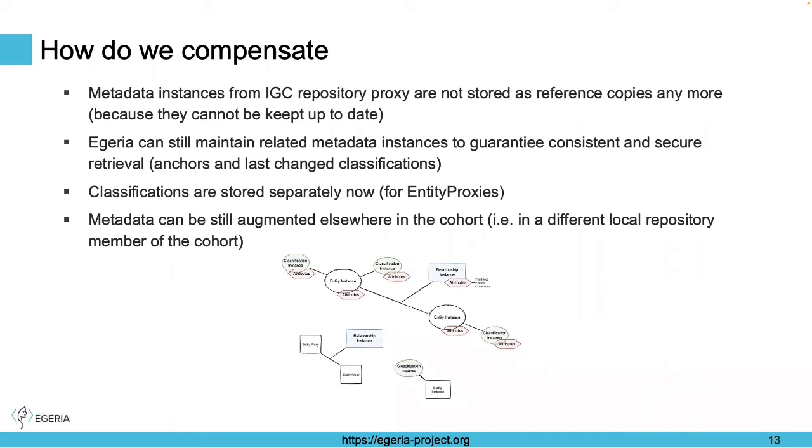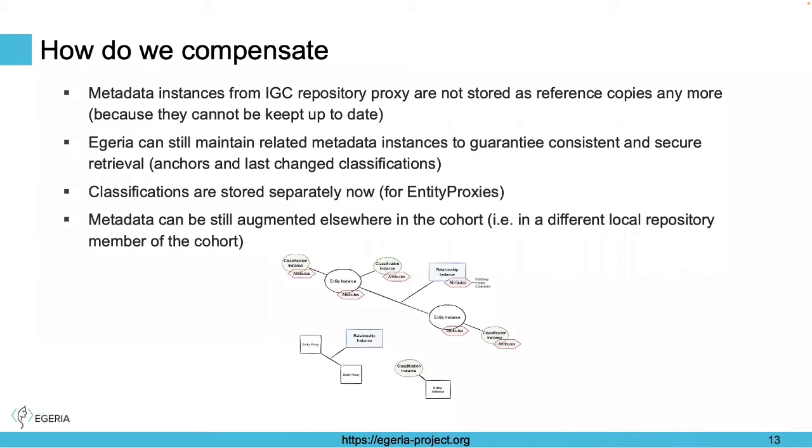This doesn't mean that we cannot still continue to maintain the metadata that comes from an external system. We are still able to provide guaranteed consistency on retrieval of metadata, and implement some automated processing. Maybe you are familiar with anchoring mechanisms and tracking of last changes on entities retrieved.